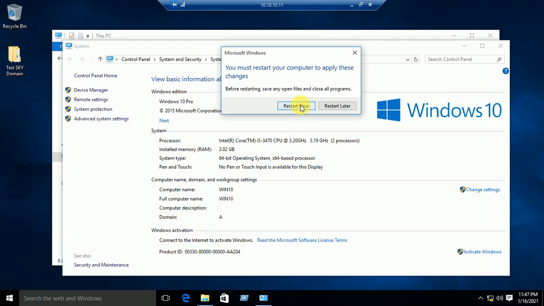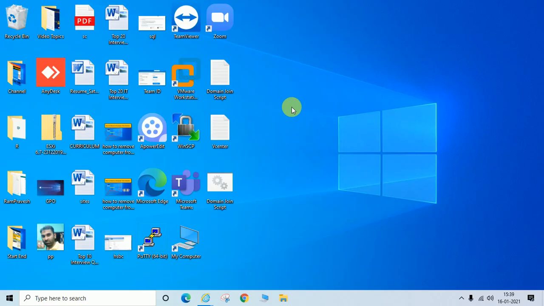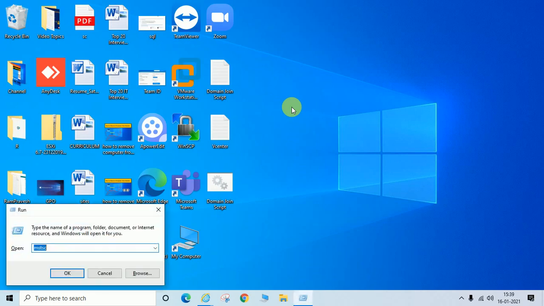So I am going to restart it, and will take it again. I will access this machine remotely, and you can see the IP is 10.10.10.11. So I am going to restart now. It will take some time.